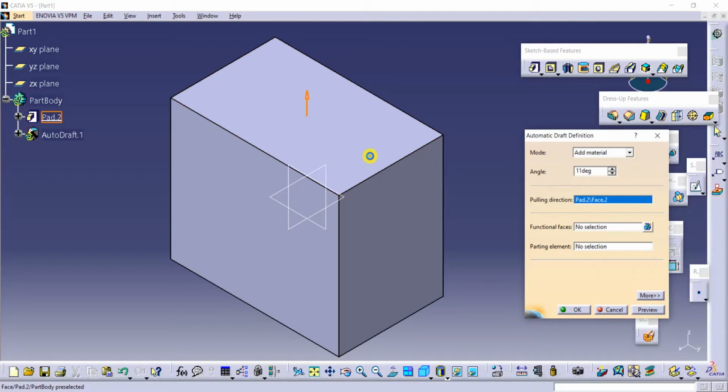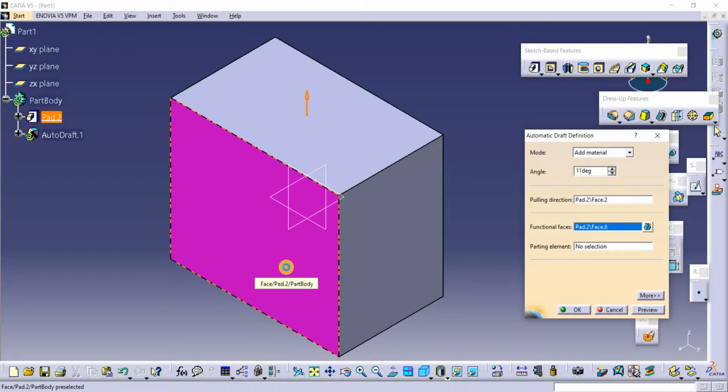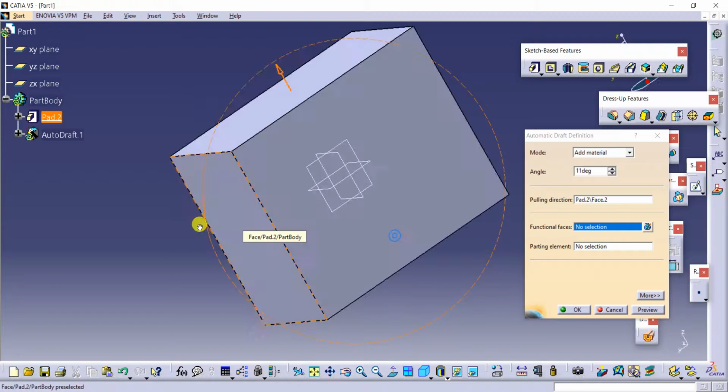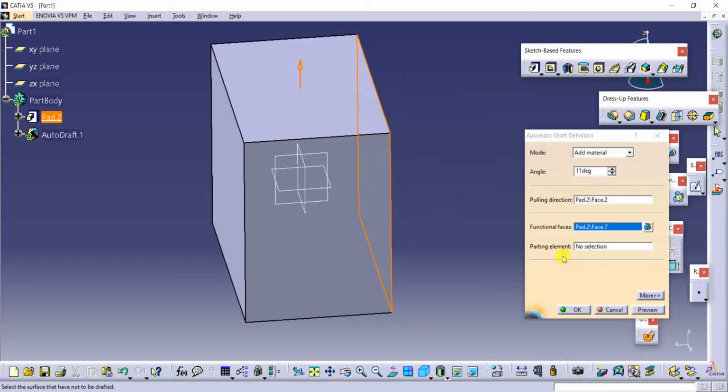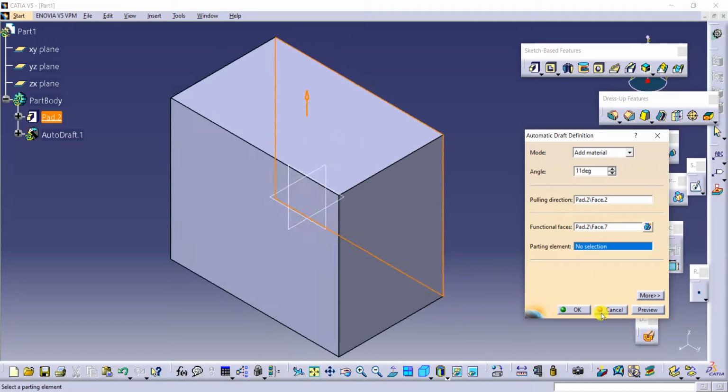I'm giving this as our pulling direction upside, and functional faces. I'm selecting this as my functional face, or let us give backside. Here it is our functional face, and parting element, if you want to give parting element you can give, otherwise it's okay. Just click on OK.